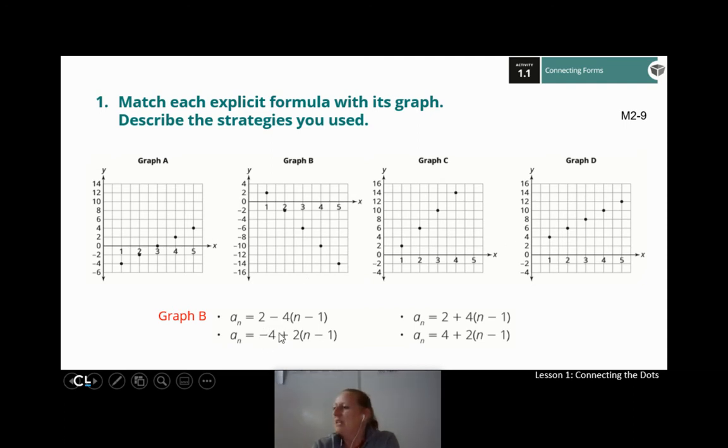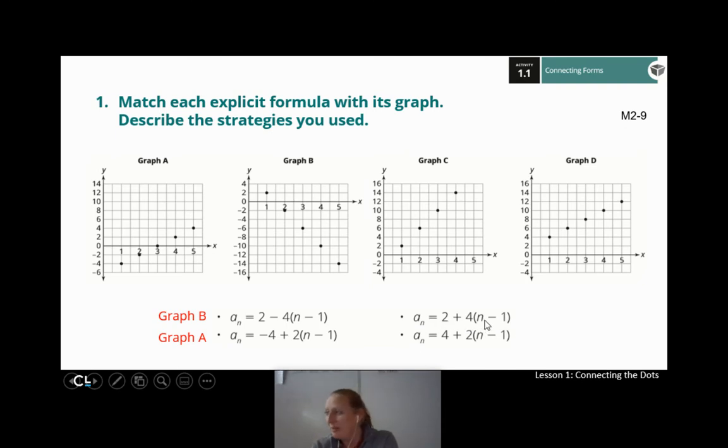And I'm looking at this thinking, well, the first term is a -4. You know what? The only graph that starts with a -4 is graph A. So I guess that's it. Okay. And just to double check, it looks like I'm going up by 2. I have a common difference of a +2. So up 2, up 2, up 2. Yeah. Okay. We're good. Looking at my next explicit formula, I have a sub n equals 2 plus 4 times